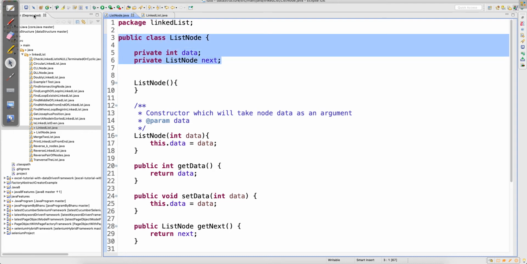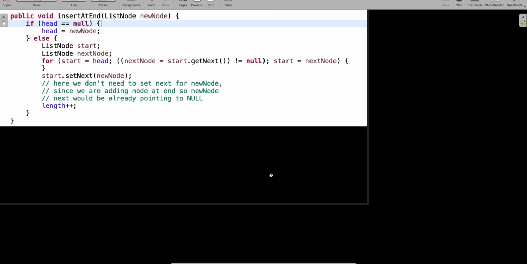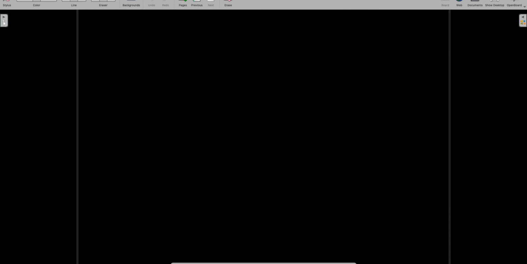Forget about this code now, guys. Let me add a new page and let me show you. Basically every node in the linked list has two sections. Look here, you have the very first node.